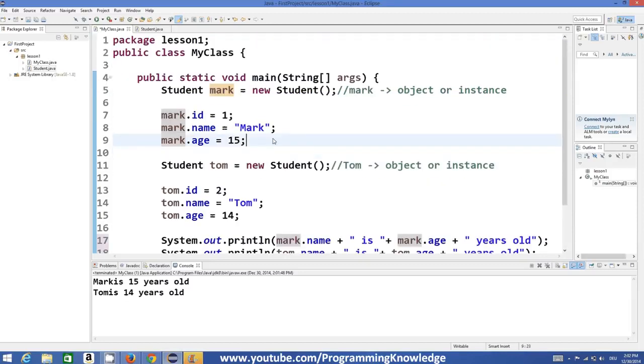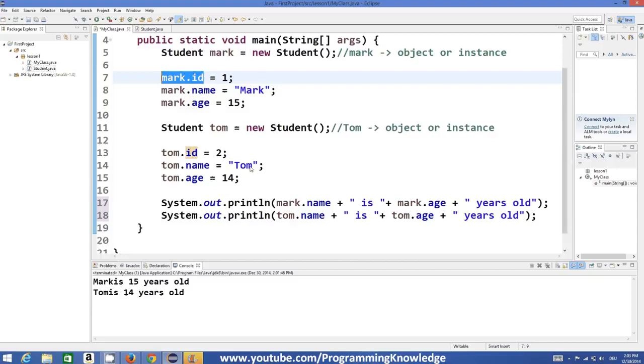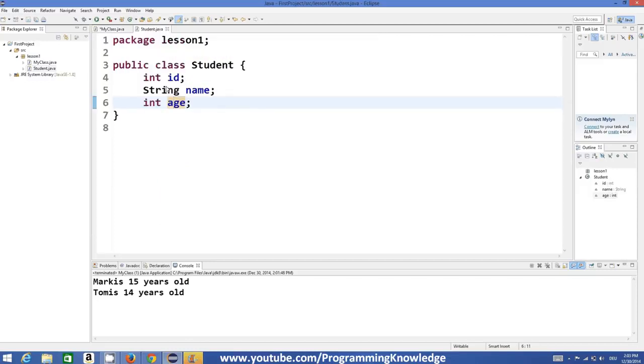Now in Java programming, or programming in general, this kind of direct usage of variables is discouraged. And why is it discouraged? Because any other person or whoever is using your code can modify these values. So we use some methods or functions which can get or set these values. What I mean by getting and setting these values is, I can go to this class called Student,